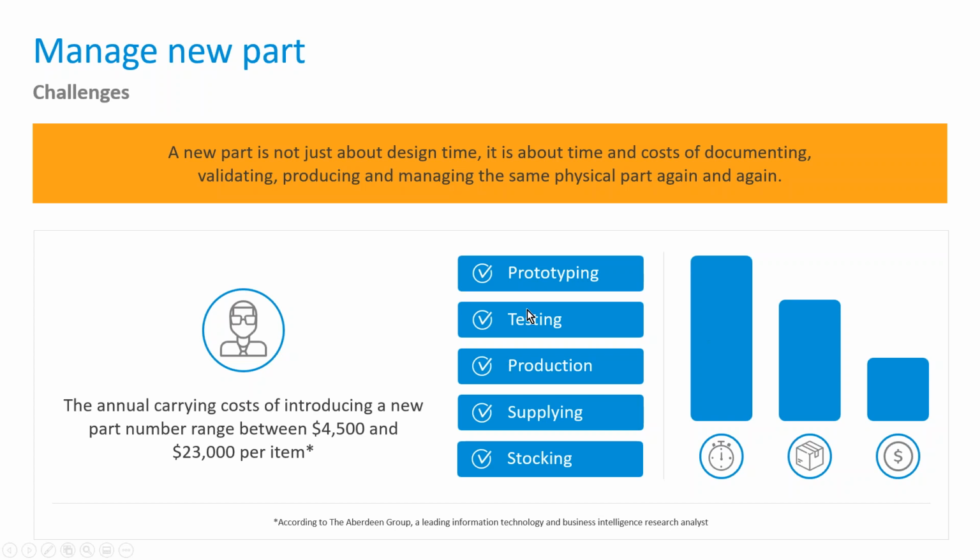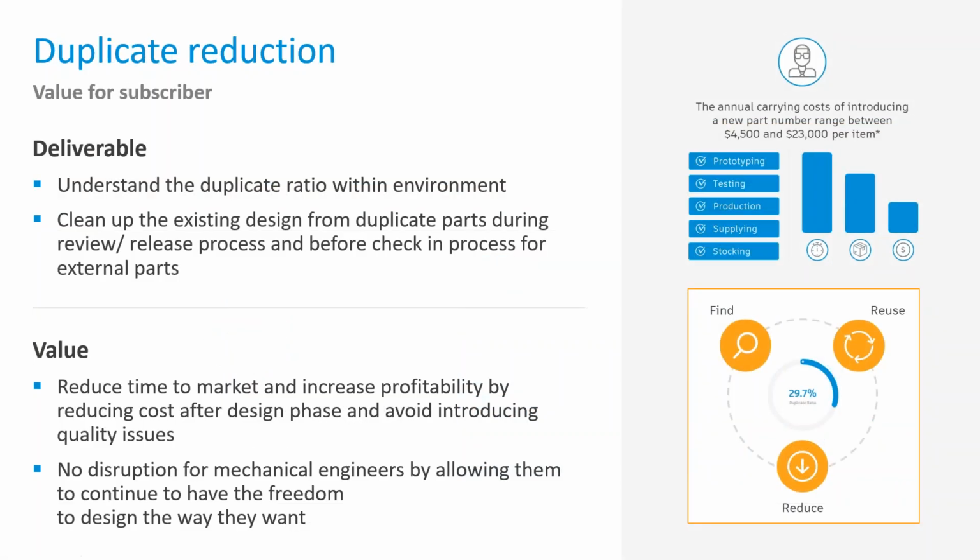Because you've got all these other things that go into taking something you've drawn on your screen and making a reality. And if that's a new part number and you've got processes around those new part numbers, there's some cost, if nothing else, in time, and often in actual dollars, right? Research by the Aberdeen Group says anywhere from almost 5,000 to tens of thousands of dollars, depending on your processes and the nature of that, right? So that can be a big deal, right? And so Autodesk is